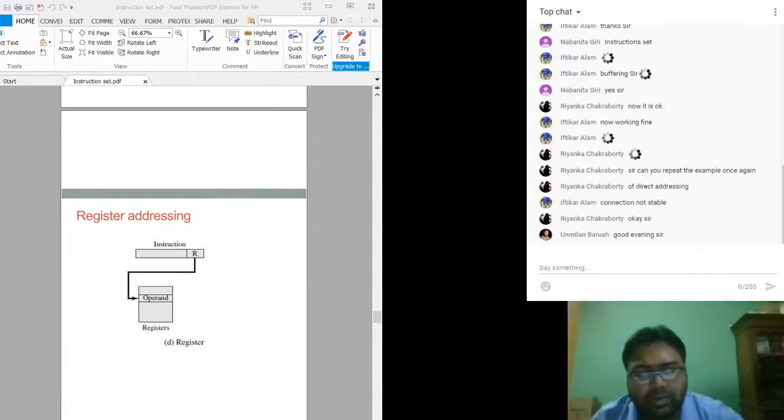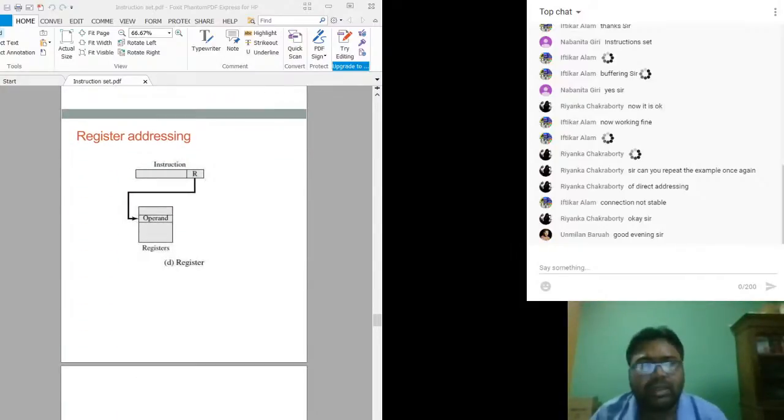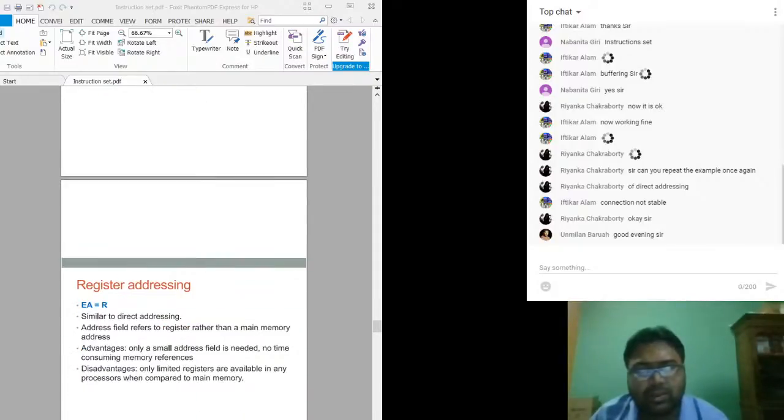After this we have register addressing. Similar to direct addressing, the address field refers to a register instead of memory, so you are storing the values directly in the register. They have given some advantages and disadvantages.